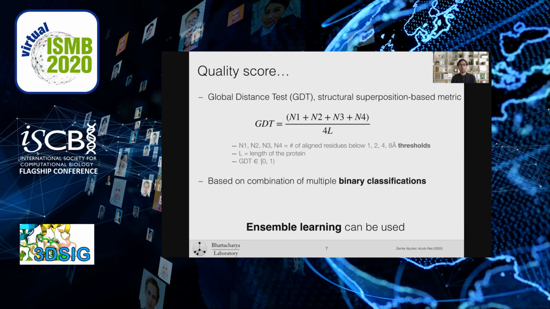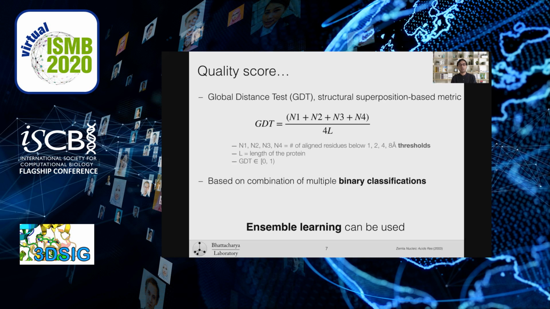Finally, quality score. Global Distance Test, or GDT, is a widely used structural superposition-based metric which can be used for estimating how accurate a protein model is by comparing it with the experimental structure, which is defined here.